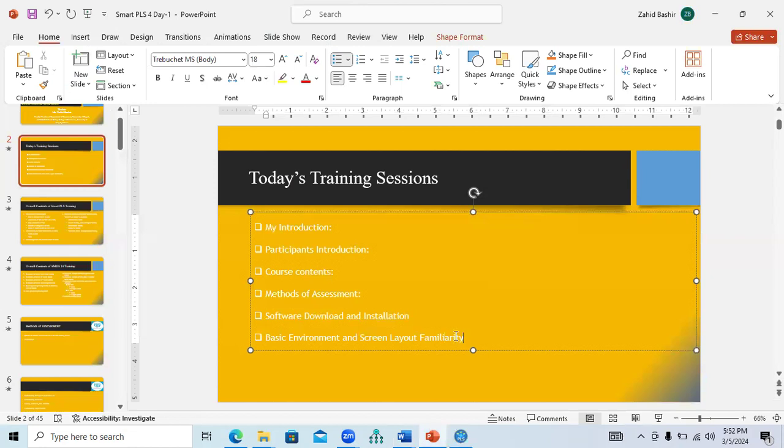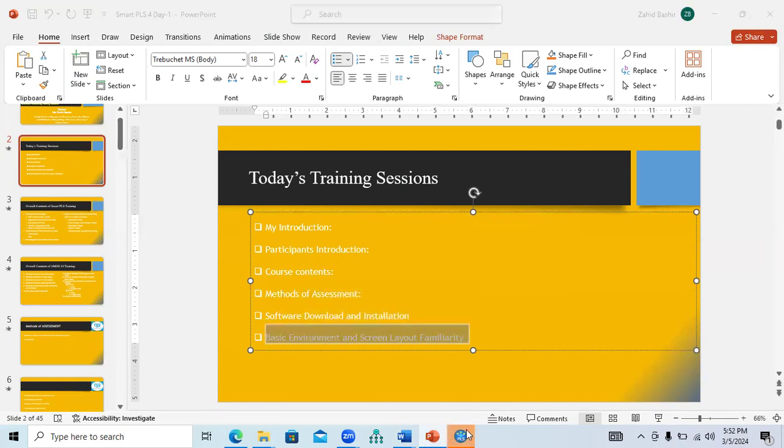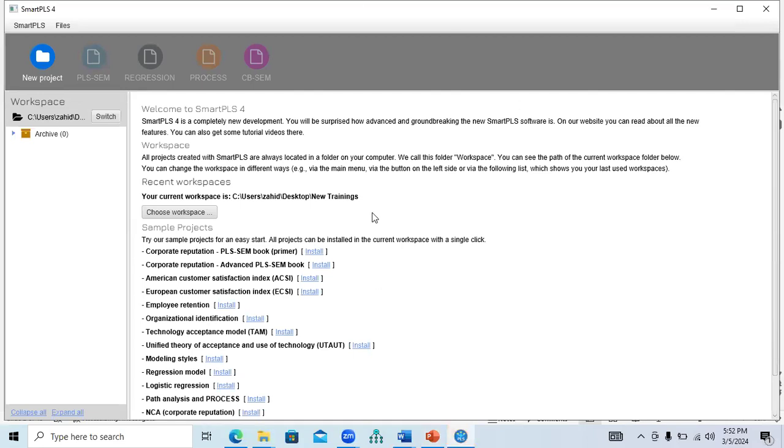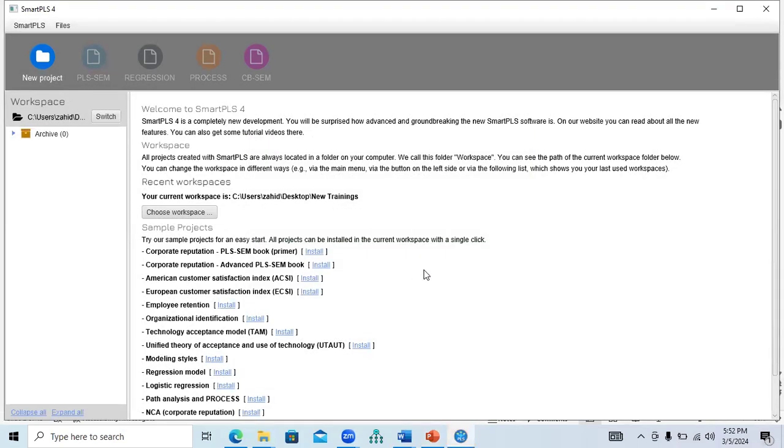So let's discuss the basic environment of SmartPLS. What is basically the screen layout of SmartPLS Pro? After getting yourself registered for the trial period, it will take a lot of time to update the version. You can use it after some time. So the first thing you see here, when you are using SmartPLS for the first time, is